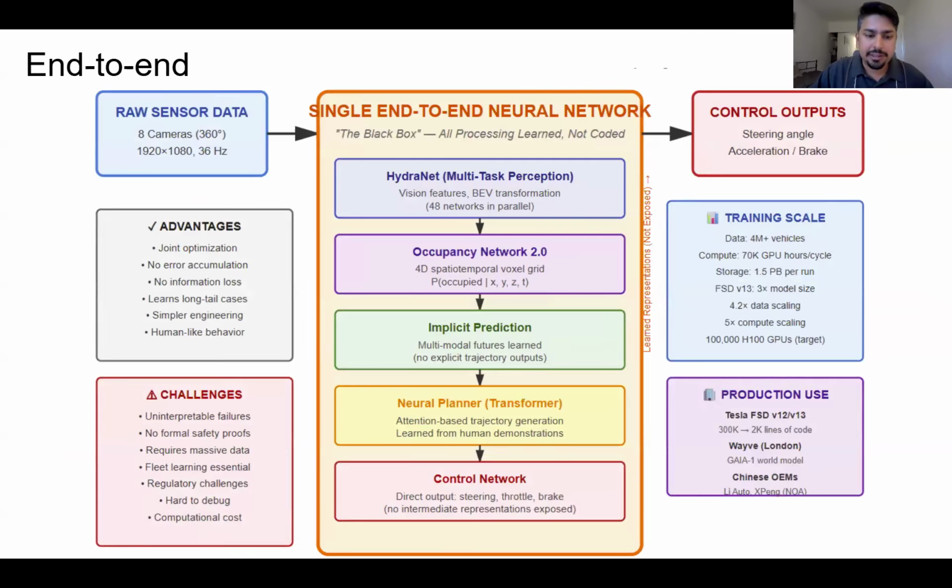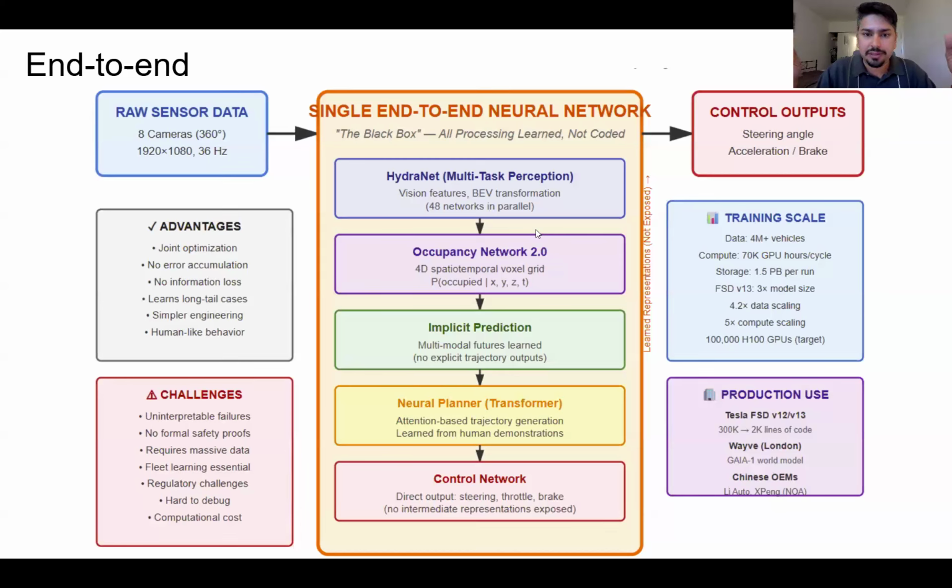And the other side of the paradigm that we talked about is an end-to-end system. The end-to-end system in this case does the exact same thing by taking in the raw sensor input, but replaces all of these modules by a large, in most cases, single neural network. There are some cases where companies are using different neural networks for different parts, but just as an example, this is something similar to what maybe Tesla has, or something like Wayve has. Where we have different layers, but it is still a single network,